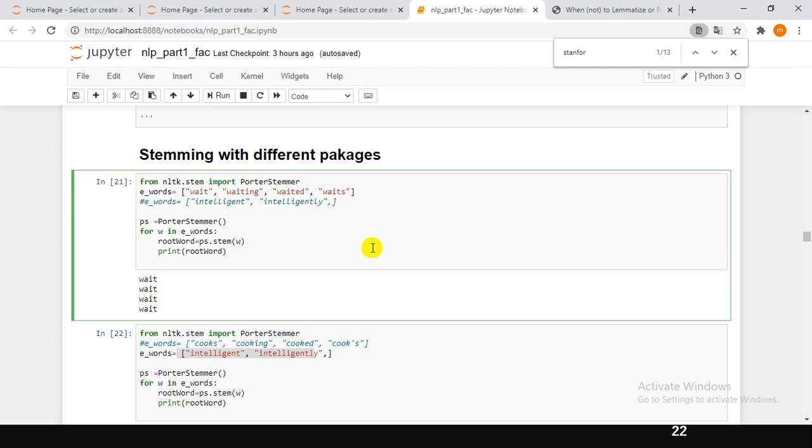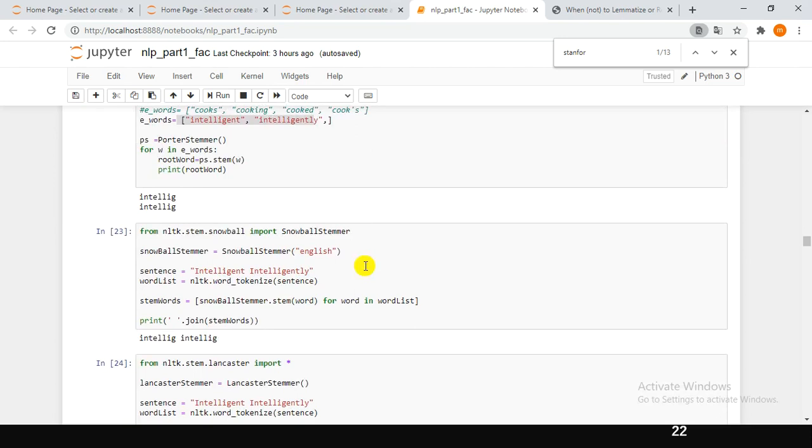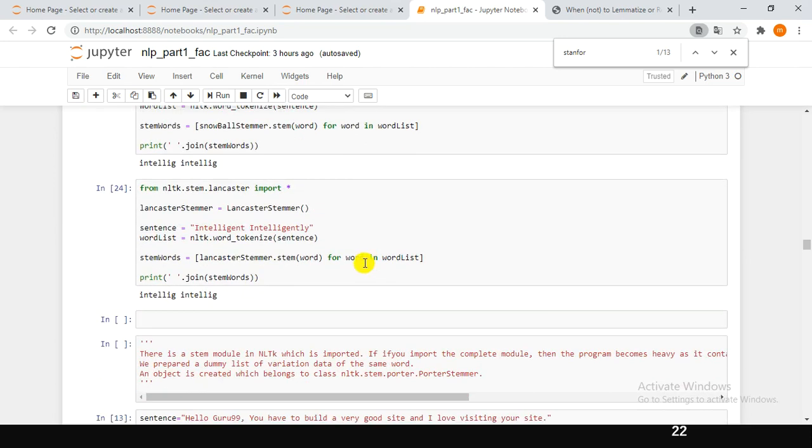And also we have seen packages like Porter Stemmer and Snowball Stemmer, using which we perform stemming. In the subsequent video we will see how to perform lemmatization using packages like Stanford CoreNLP, WordNet Lemmatizer, TextBlob, and so on.